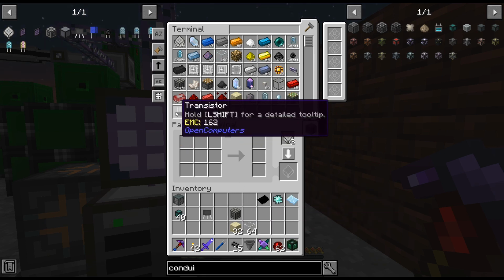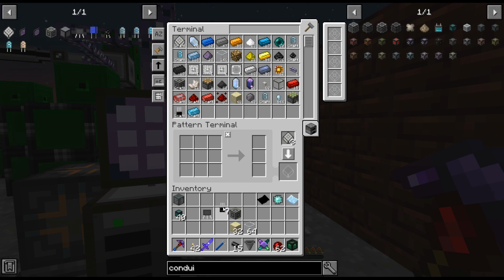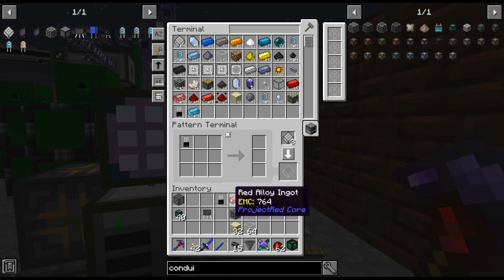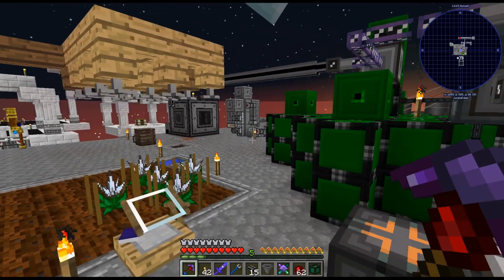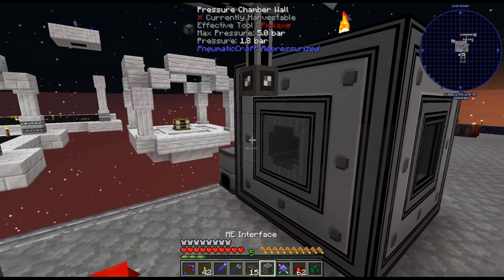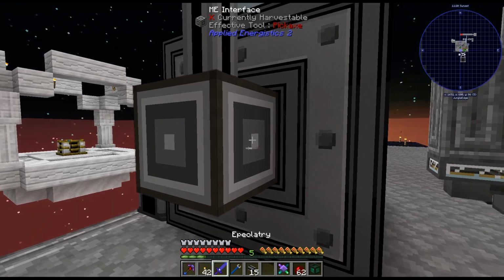Oh, I forgot to do the... Ah, dang it. I thought I had done it. Oh well, we have everything we need. It's not a difficult recipe. Alright, there we go. So transistor, red alloy, pressed iron, black plastic equals 1 transistor. Roll that in there. Let's see if this works. And I have a feeling it's not going to, but I can just throw it onto a...